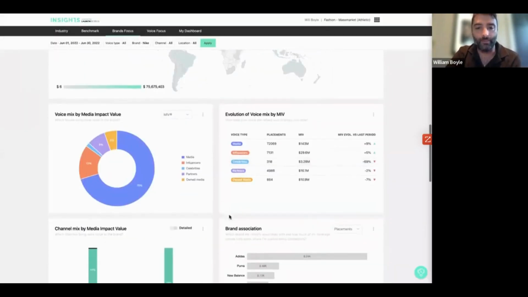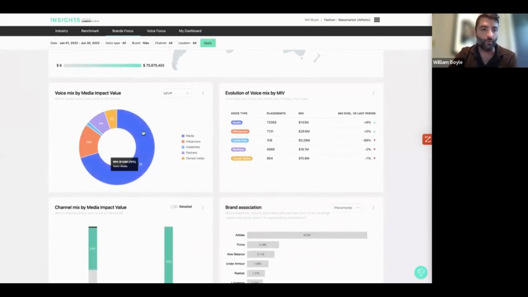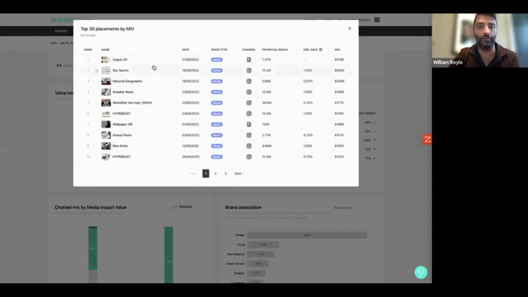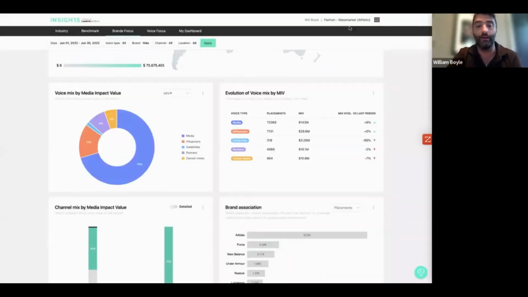So moving down a bit, I can see the data in a few different ways. The voice mix. So again, for Nike alone during this month, what was the voice mix? Where was the value being driven most from? So here in this case, I can see it is from media placements. So again, being able to click through and clicking on this Vogue article will take me directly to that article so I can dig in a little deeper.